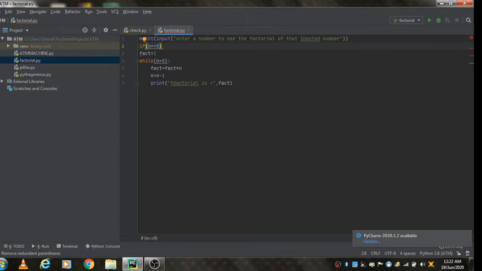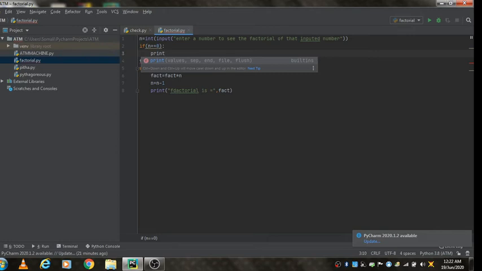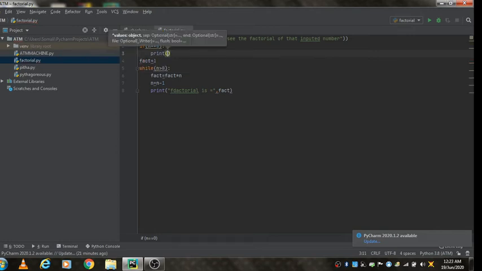If you input n as 0, then it prints the factorial value is equal to 1.